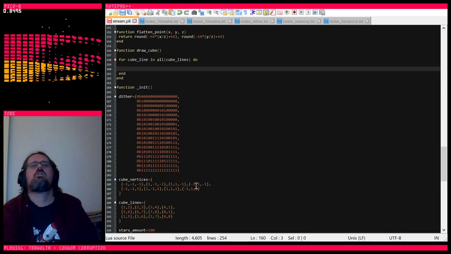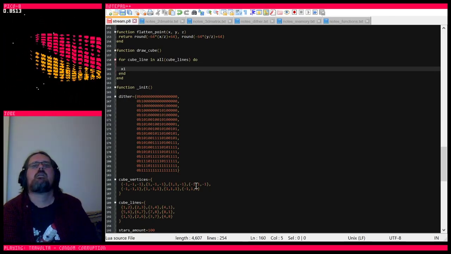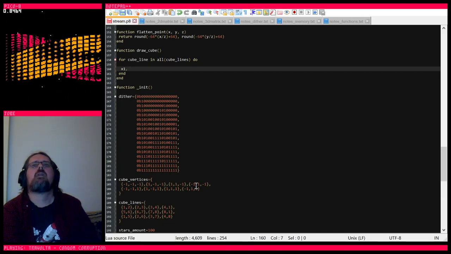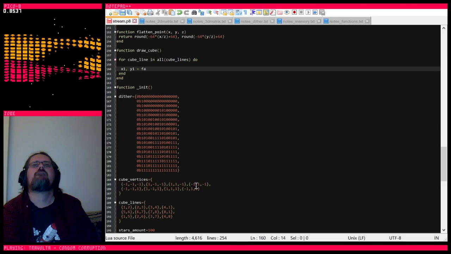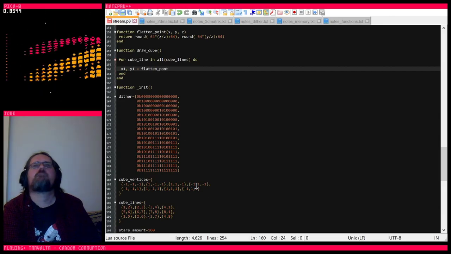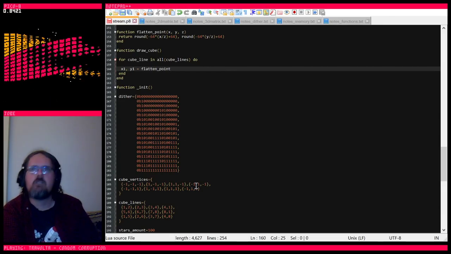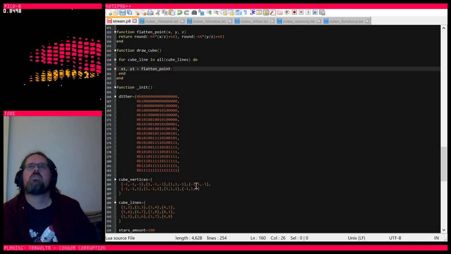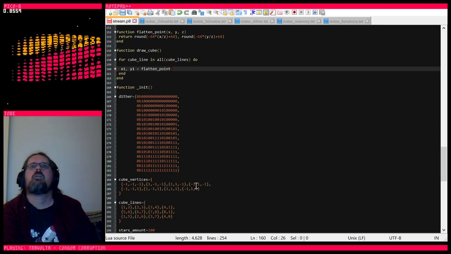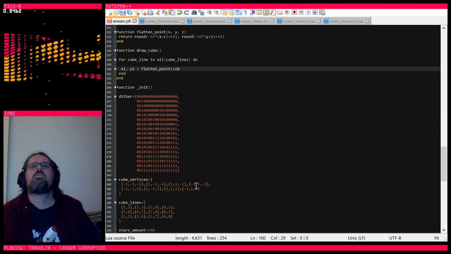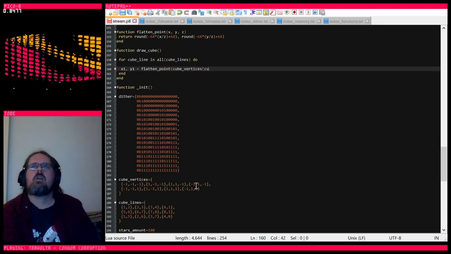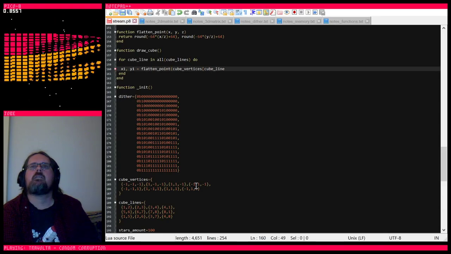So x1 and y1 are going to be flatten point. I'll get there eventually. Now, flatten point, and we need to send it 3 values, so those are going to be cube vertices, cube line